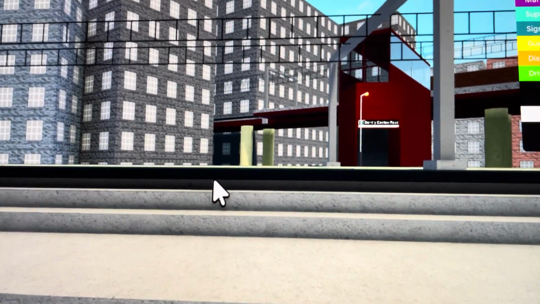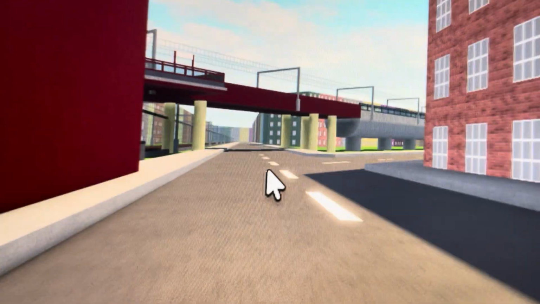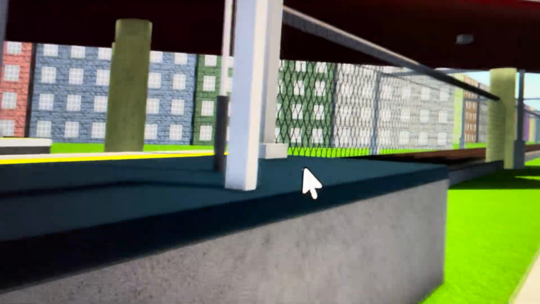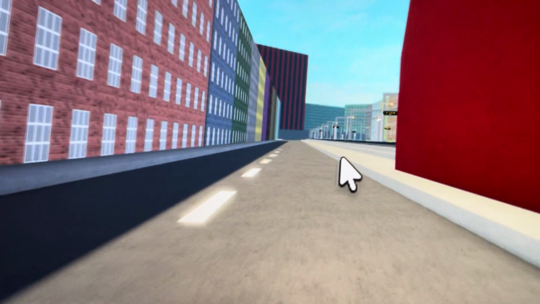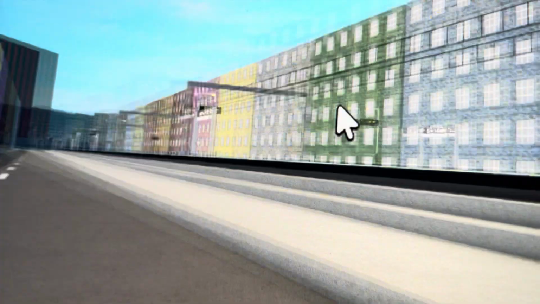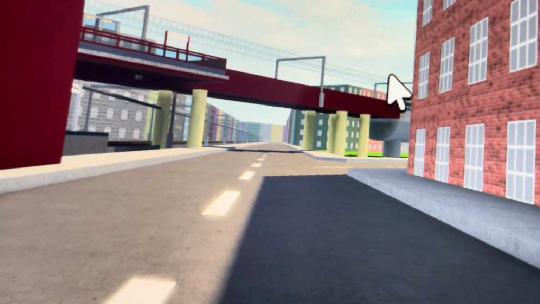This is Berrily Denton Road. Berrily Denton Road is an abandoned station planned to be served by both high speed and tramlink. This station was added in version 1. There's actually not a lot of information on Berrily Denton Road, but